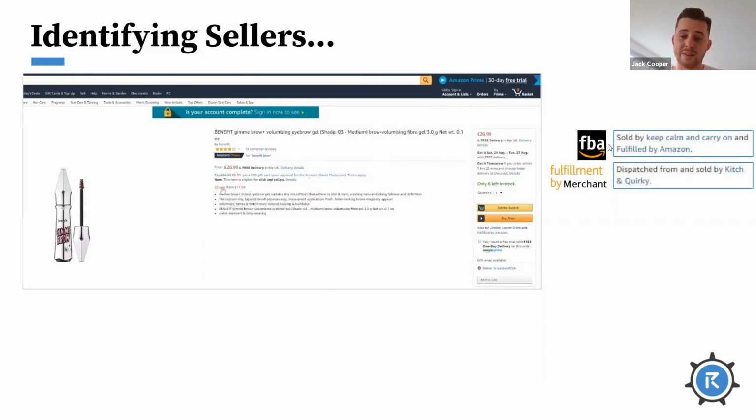So it is definitely an option to consider, especially for new brands wanting to launch on the platform. 60% of Amazon customers in the UK are on Prime. So it's a key area to note.